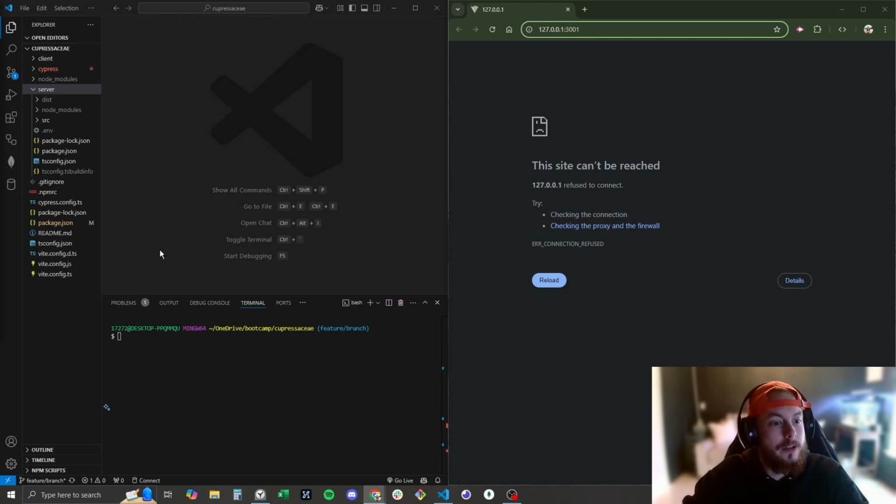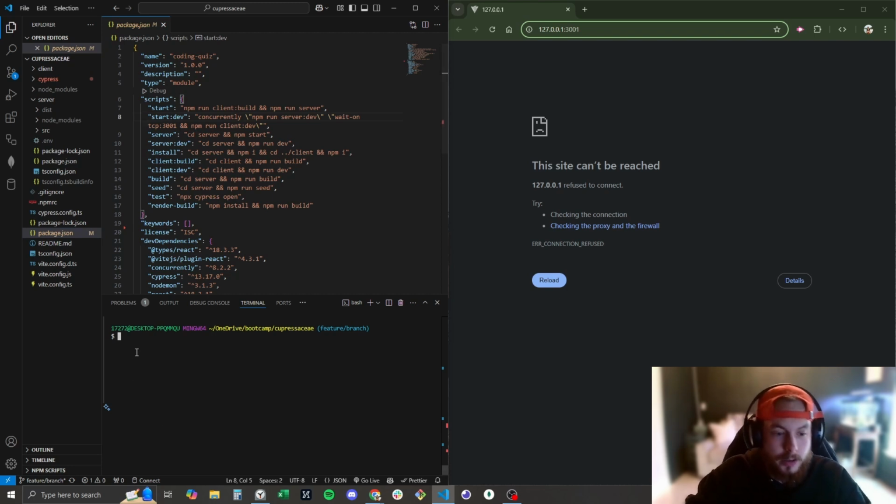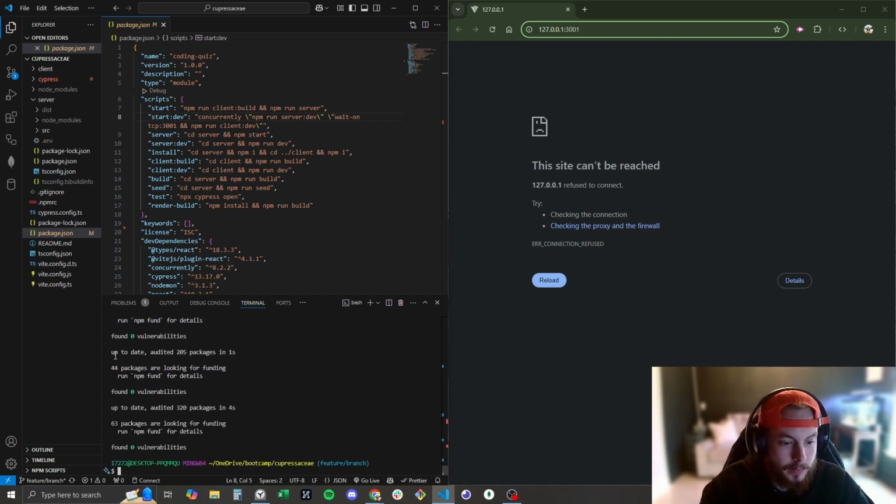The first step we need to do is start our project. We'll go into our package.json here, and there's a few different options for scripts, but in this case we're going to start with start dev. The first thing we need to do is npm install, and you wait for that to do its thing. The next thing we'll do is npm run build,